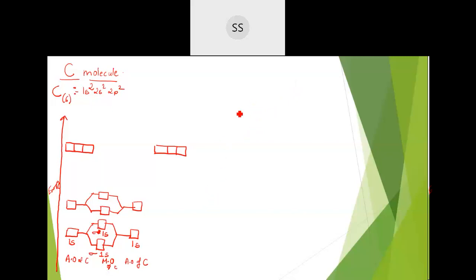How is that? See here. See, we are having 3 p orbitals. I'll draw and show you here. One p orbital I'm taking on one axis, one over here, and one on this side. So this is the p orbital of one carbon atom. This let me take for the second carbon atom, in this fashion. So here one p orbital over here, then another one, then the third one on this side. So I've drawn 3 p orbitals. Let me label this.